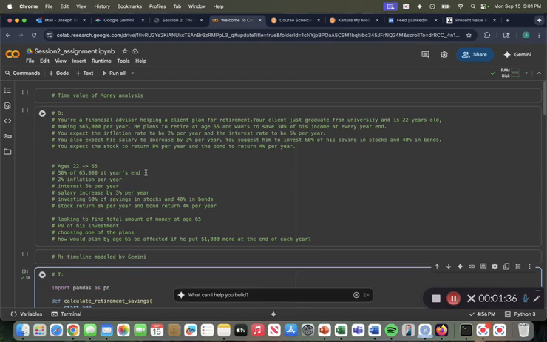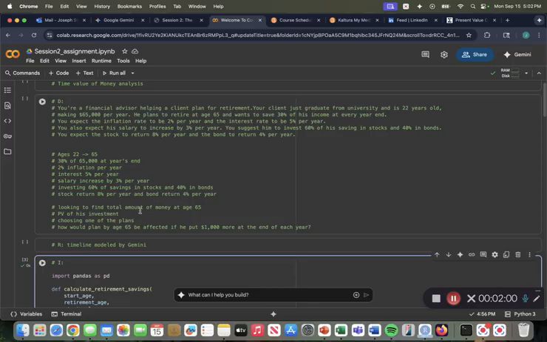So some of the problems we are looking to solve here, or to learn more about, gain some insight, will be the total amount of savings he'll have at age 65, the present value of that investment, because we know that the dollar today is worth more than the dollar in the future due to the time value of money. And then we'll choose an alternative plan or make up a possible alternative plan that could potentially be better as an investment.